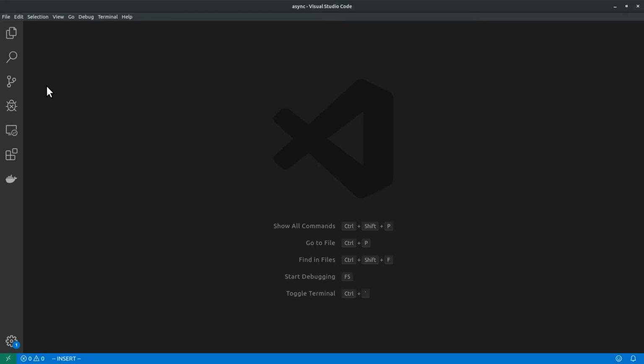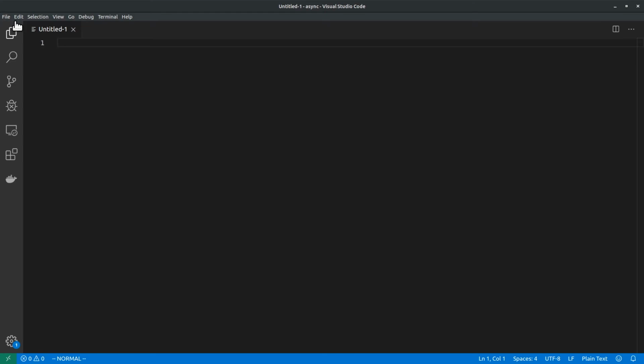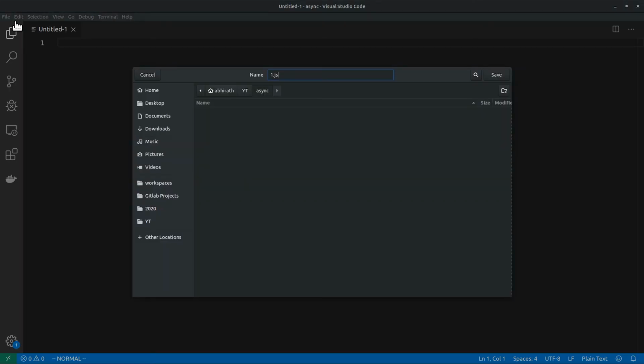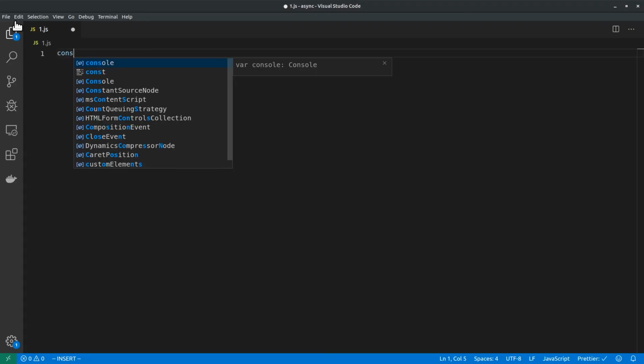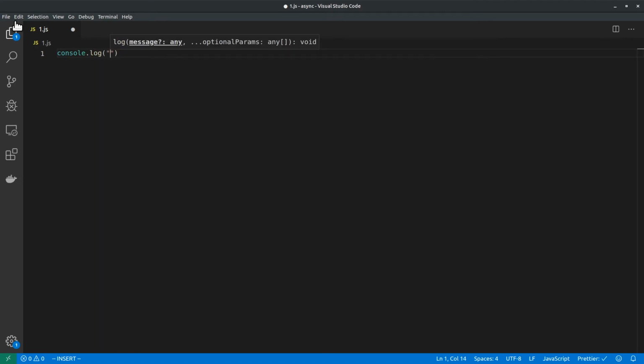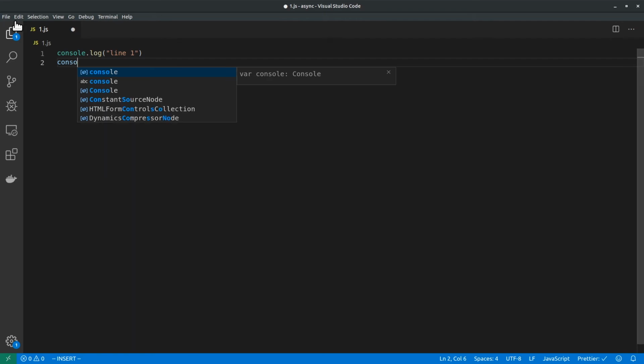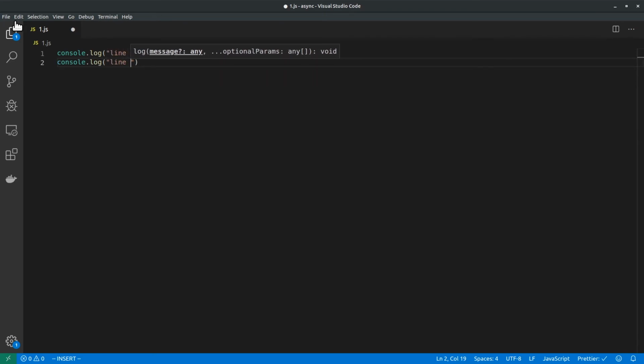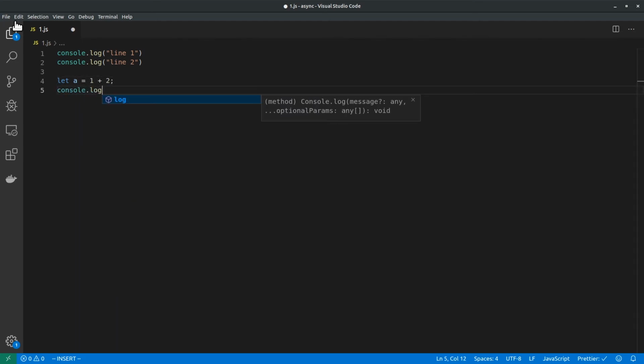If you've been programming for some time now, or even if you've just started programming, you would have noticed one thing. Code gets executed line by line, one after the other. Let me demonstrate. I make a new file and save it as 1.js, console.log line 1, console.log line 2, some random code here, let a is equal to 1 plus 2, and console.log a.